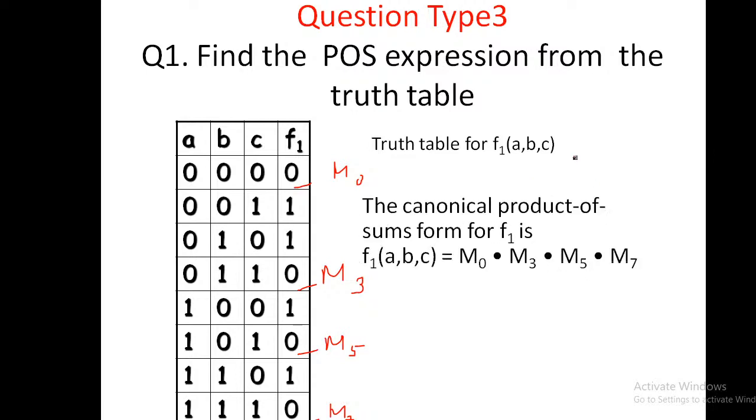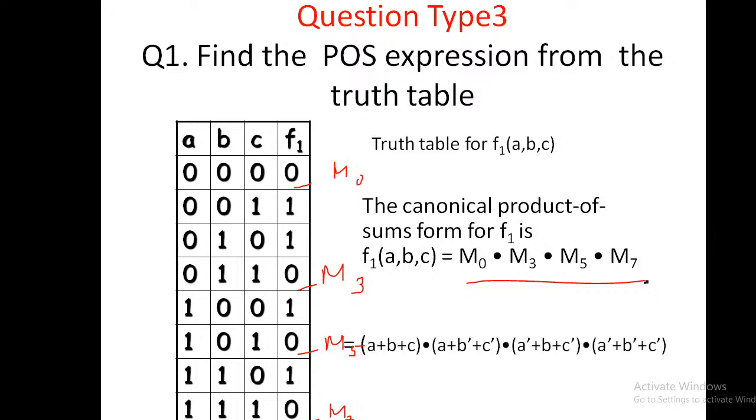Okay, now if you see, you can see 0, 3, 5, 7 is the product of this. And if you just expand this one, you will be getting this form. 0, 3, 5, 7 will be the answer for this. Okay, very good. I think it is clear to you all. Okay, now